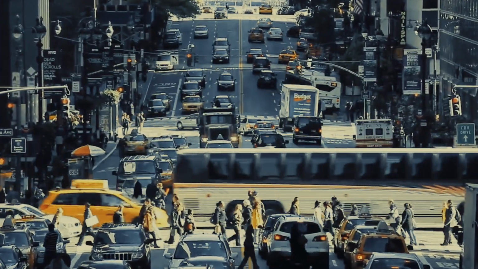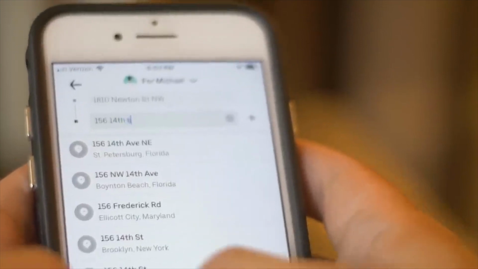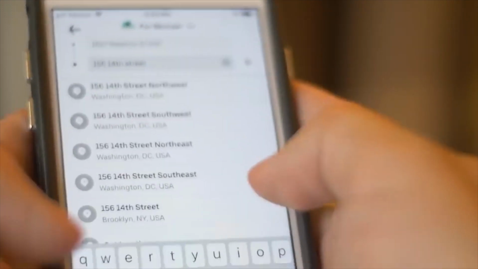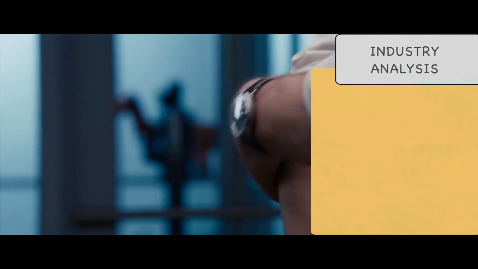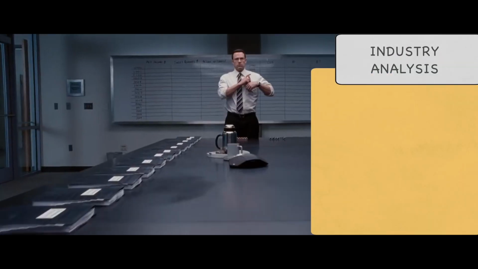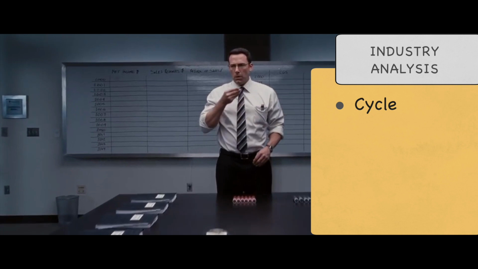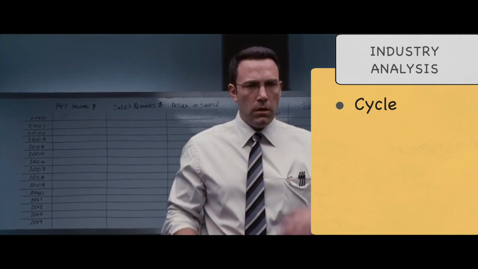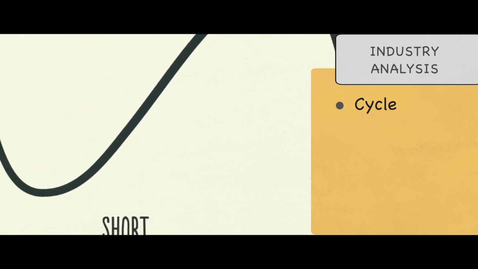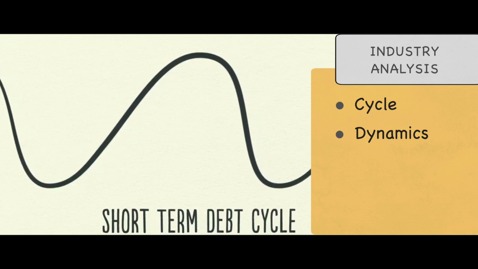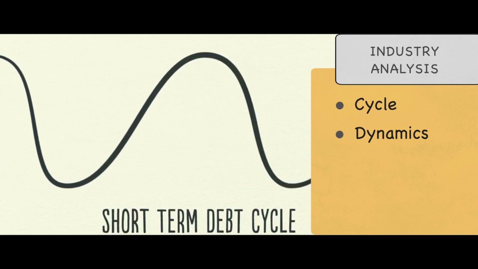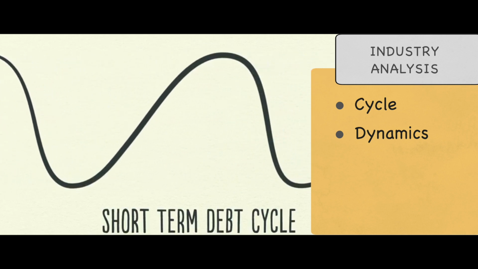If you pick the right one, it's much easier to pick a winning stock than to pick a stock from a declining industry. To analyze industry, we need to look at 4 places. First one is cycles, whether the industry is growing, maturing, or declining. Second one is the dynamics of the industry, how it performs in different phases of the business cycle, whether it